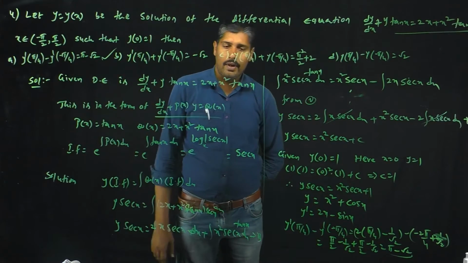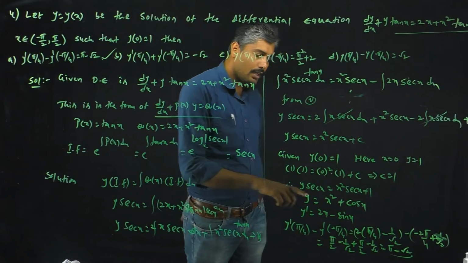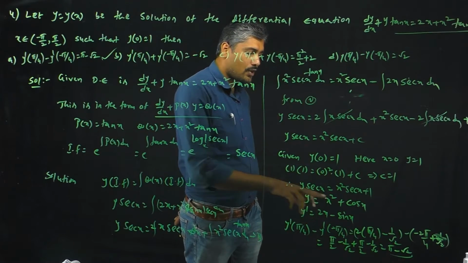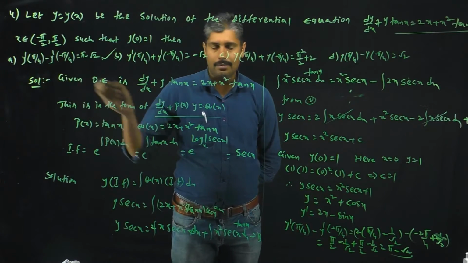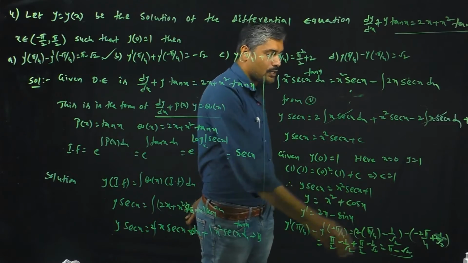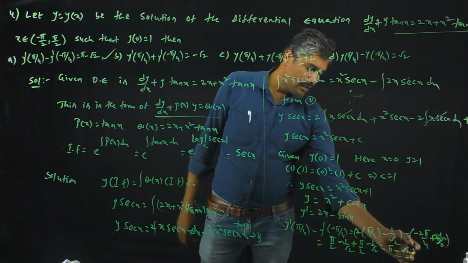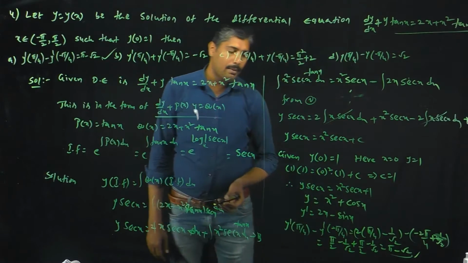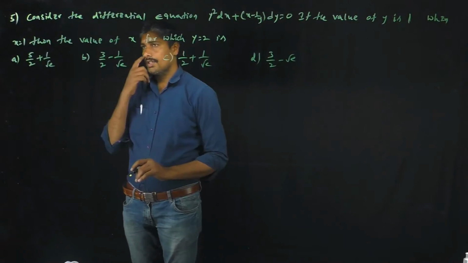In the given options, y dash is there for everyone. That's why we are taking the first derivative. X squared derivative is 2x, cos x derivative is minus sin x. Checking the options, from the first option I am checking, we are getting pi minus root 2, that is the correct answer. That's why we are taking y dash of pi by 4 minus y dash of minus pi by 4.